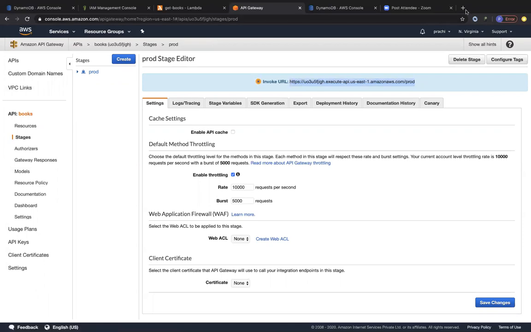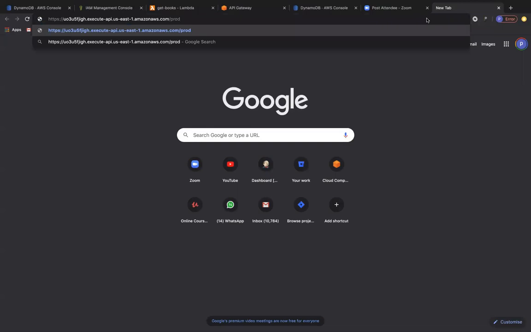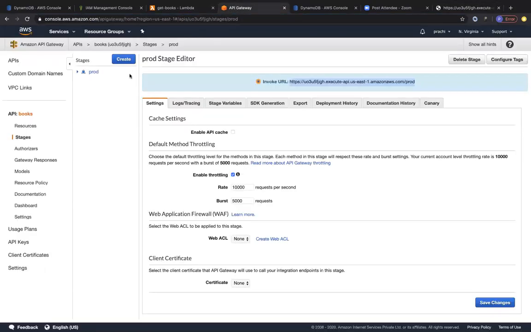Let me go to the browser and paste this. So it's saying missing authentication token because you are not specifying your entire endpoint. What's your entire endpoint? Slash books, right? So let's put slash books to this and fingers crossed. Let's see if it works. So you can see over here, it works. It has got out the ID and the title called Harry Potter, and the status code is 200, right? So this works. So let's go ahead and post some data into DynamoDB.